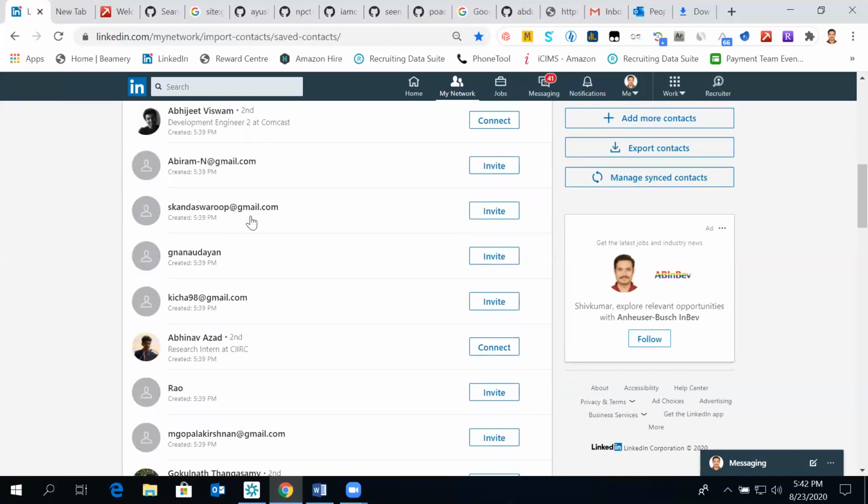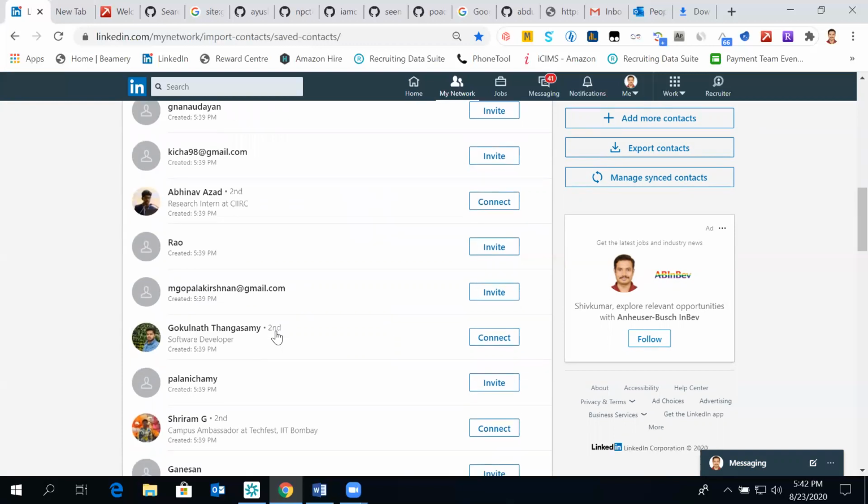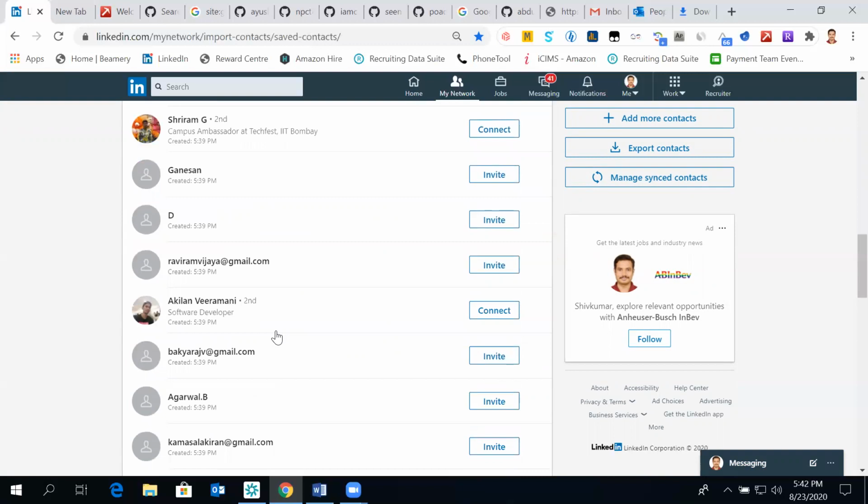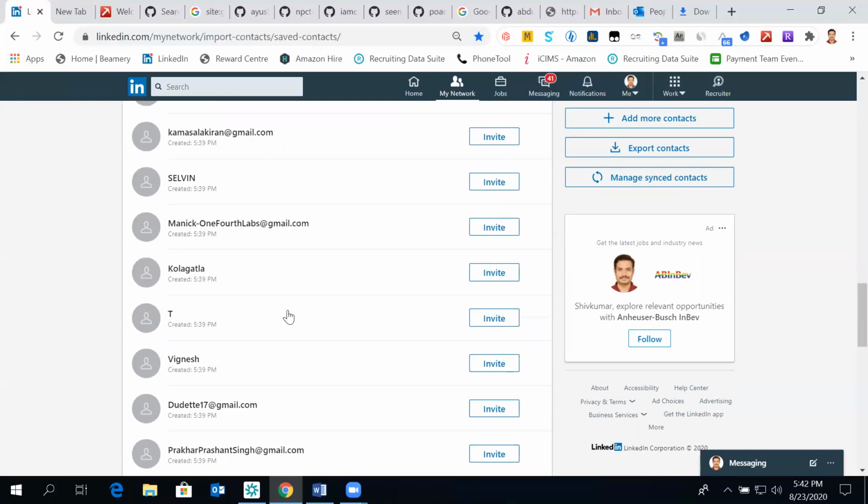But the ones we see with the email IDs do not have a LinkedIn account yet. As I mentioned, first name, last name could be anything. But if there is an associated LinkedIn account with that email ID, by default it will show accurate first name, last name, and their titles. The ones showing with a T or something are not existing in LinkedIn.